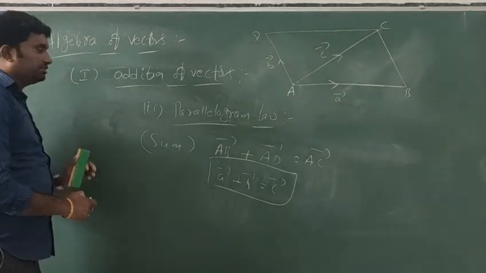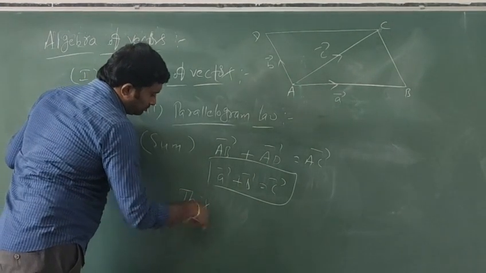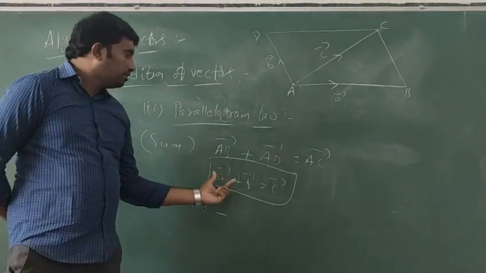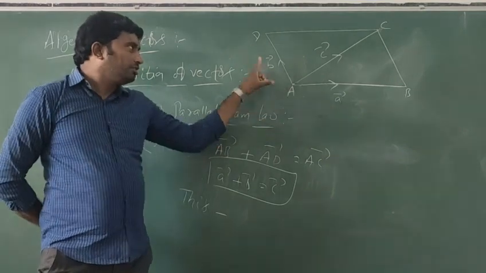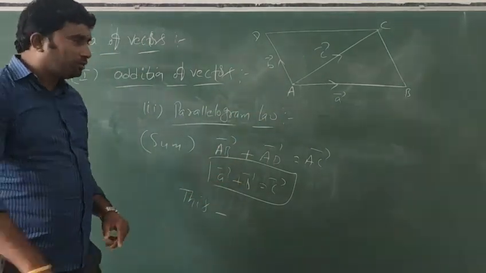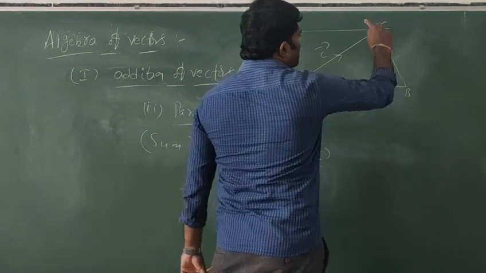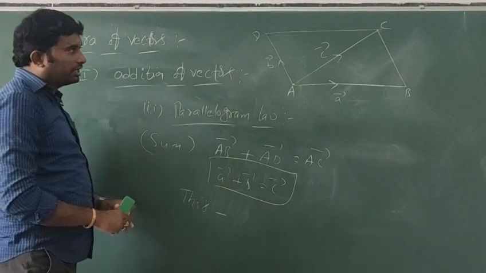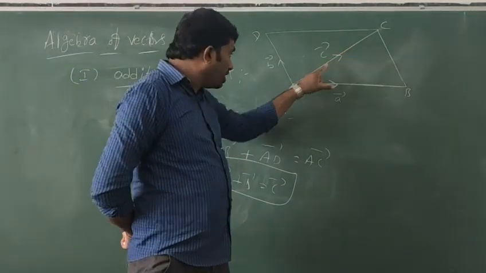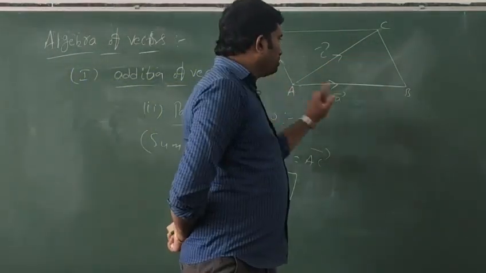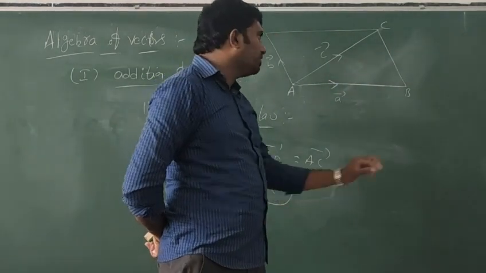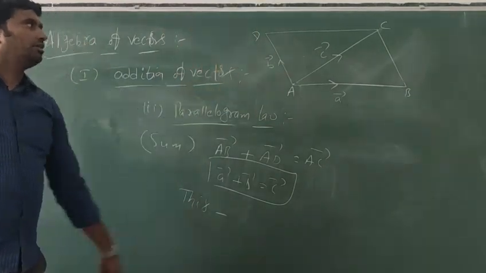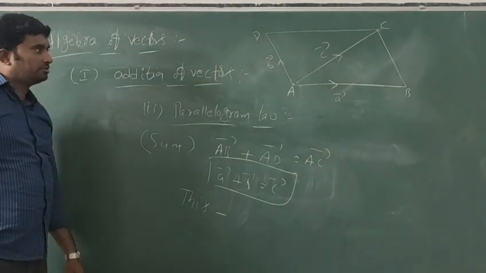Right, and finally, this is known as the parallelogram law of addition of vectors. You can take any two co-initial vectors, no problem. This one and this one. Then what is the resultant? This diagonal. That is why we mention very clearly that the resultant is the diagonal which is passing through their common point. BA bar, BC bar, co-initial vectors. What is the resultant? BD bar, the diagonal which is passing through their common point.